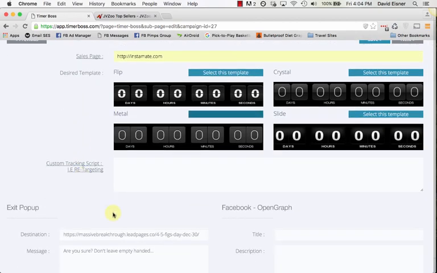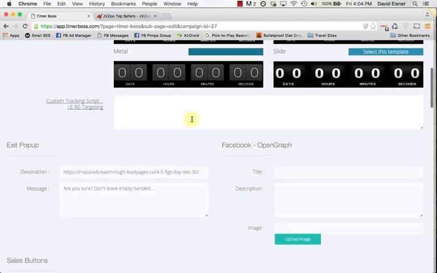And let's say I was driving cold traffic or something like that. I could take my Facebook pixel or my Perfect Audience pixel or my Google Analytics pixel and just put it in here. And I would be able to create my own audience of people that I can get dirt cheap traffic from later. Very, very powerful feature that, there are entire pieces of software that are dedicated to that. And you can use a timer now alongside of the retargeting list that you're building,